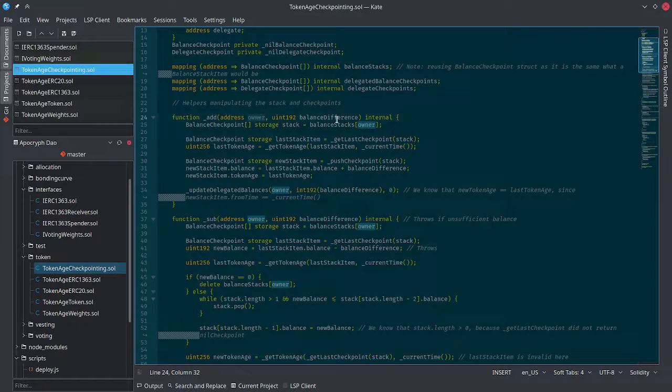So we take an owner and the amount of balance we want to add, like the amount of tokens, and take the stack. Again, this is a pointer. We take the last item on the stack using this get last checkpoint function, which is like a helper. We get the token age for that checkpoint at the current time,